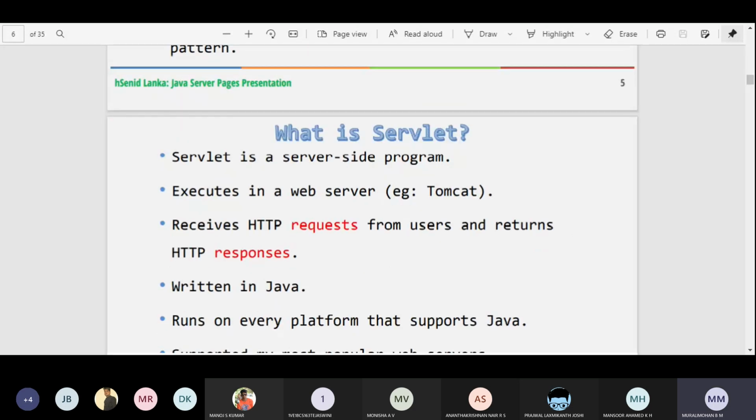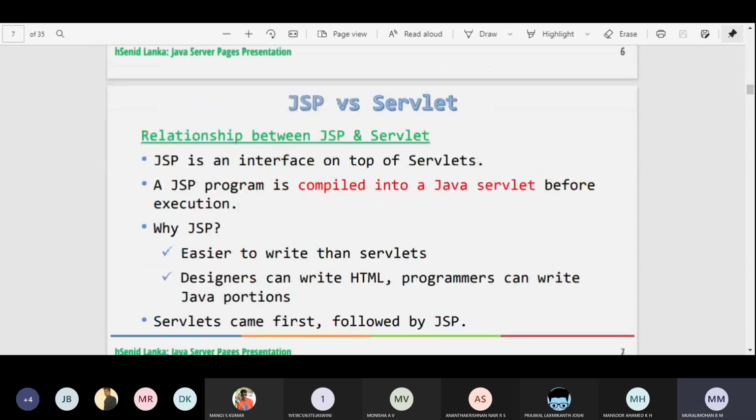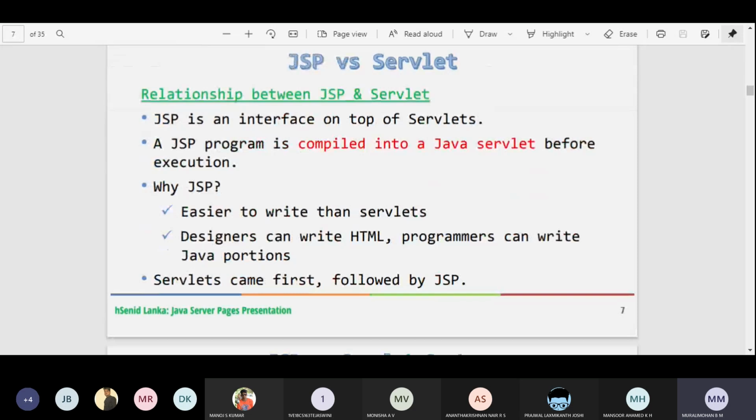Now, I hope we already studied in the previous class what a servlet is. Now we'll go with this one: what differentiates this JSP from the servlet? A JSP is an interface on top of the servlet. Why? Just recall that picture I gave in the introduction class, right?